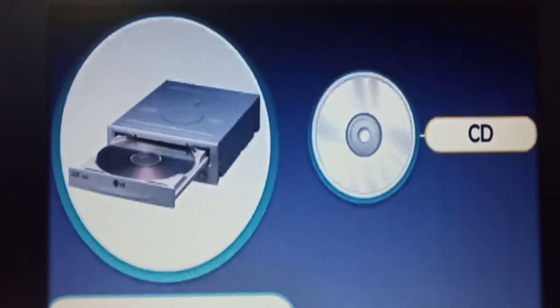First one: compact disk drive. Compact disk drive was used only for recording and storing audio files. Along with audio and video, other data can also be stored on them. The data is stored on the CD in optical format. About 700 MB of data can be stored on a CD. And CD can be of two types, CD recordable and CD rewritable.